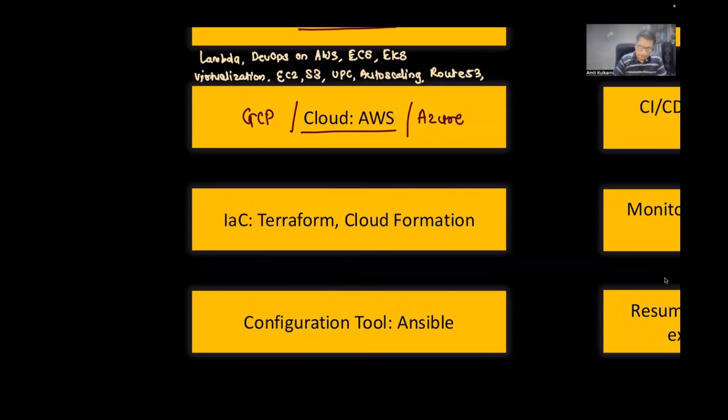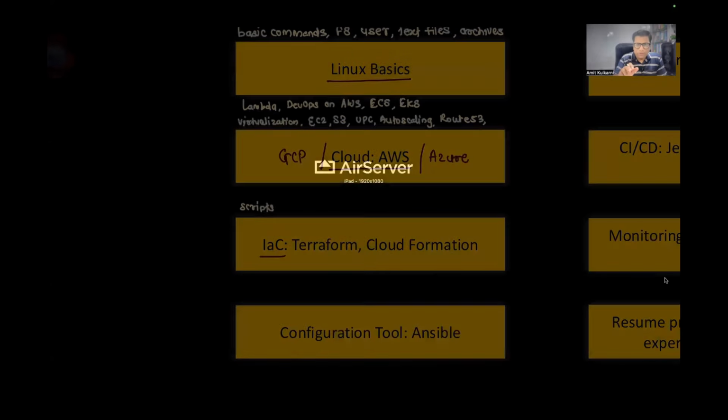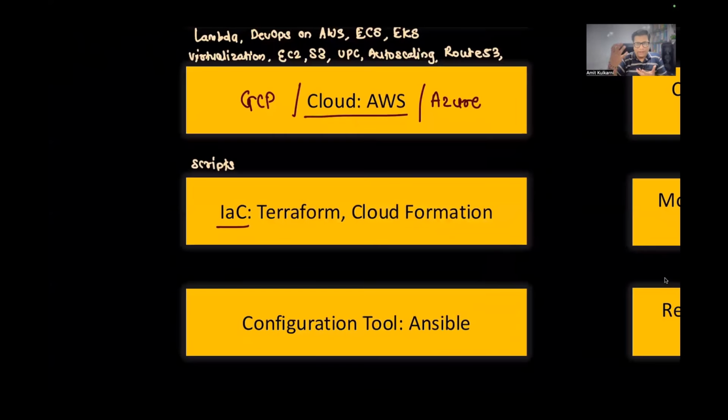Now, how do you do it then? To do it, there is a concept called IAC. It is known as infrastructure as code, which means you will write some scripts in order to create the infrastructure on AWS, on Azure, or on GCP. You decide where you want to go for it. So IAC is the one which will help you write the scripts and get your infrastructure created just by executing those scripts. That's why it is important for you to know how to write those scripts using IAC as a concept.